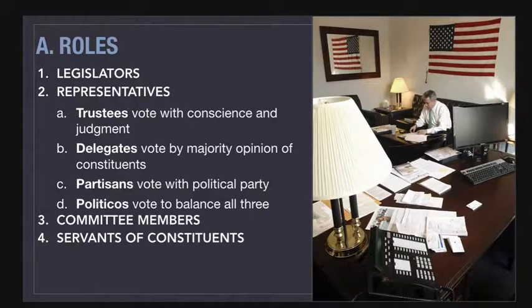The fourth role is that of a servant to the constituent. This is perhaps more of a minor role, but maybe a way that you could take advantage of the services they offer. They will often meet with those that they represent when they come to Washington. So anytime you go to Washington, D.C., it's always a good idea to reach out to your senator or representative, and they can schedule a meeting for you. They can help you get tickets into the White House or into the Capitol building, provide tours and that type of thing for you, or even just listen to any concerns that you have. They are your servant.